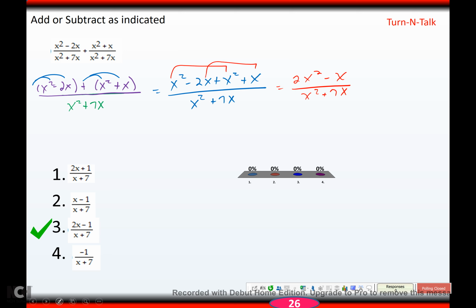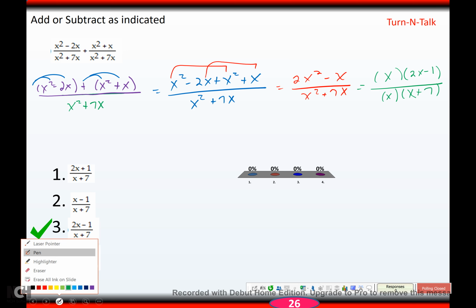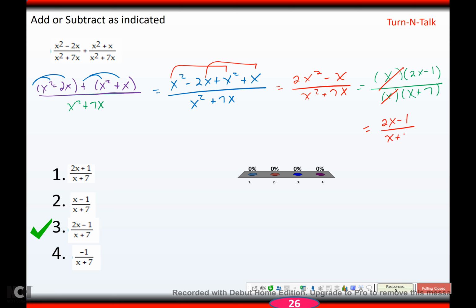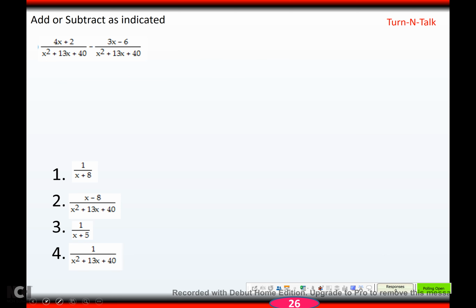So we've added them. Now we need to factor the top and the bottom and see if anything cancels. Two terms is easy to factor, GCF times what's left. I can factor out an x, which would leave 2x minus 1. On bottom I can factor out an x, which would leave x plus 7. And you can see the only like factors are the two monomials, so those would cancel, and I'm left with 2x minus 1 over x plus 7. Alright, try this one, hit pause, come back when you're ready,